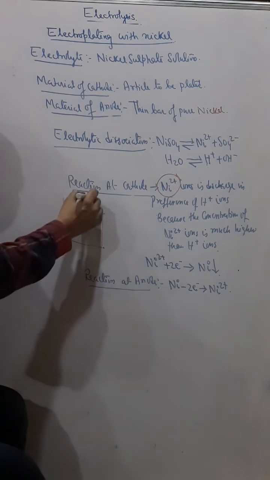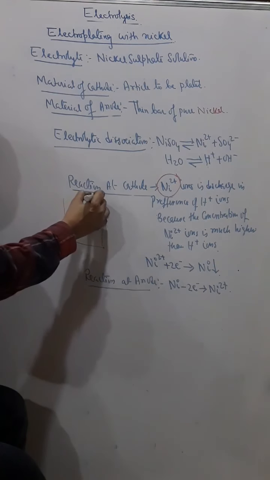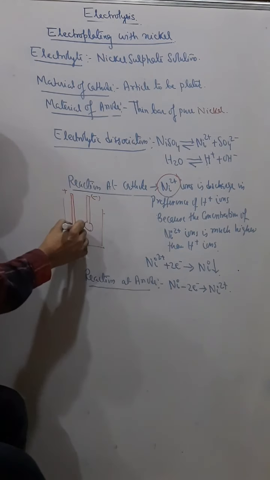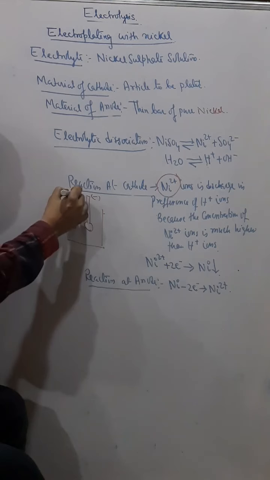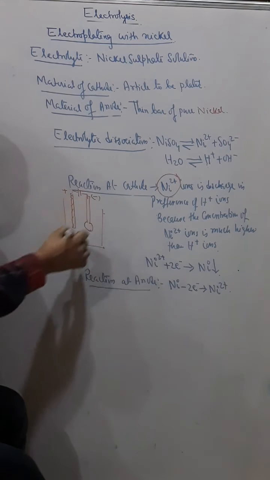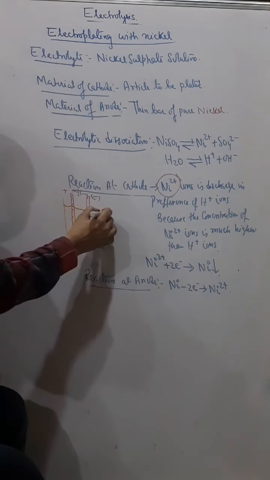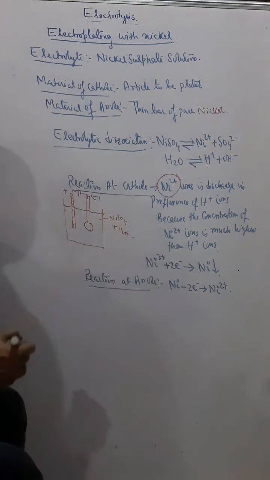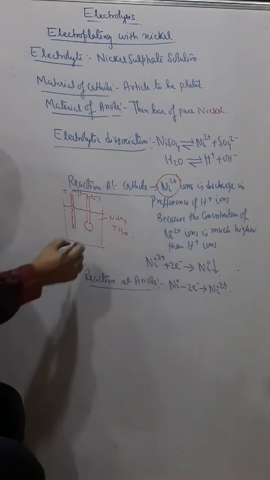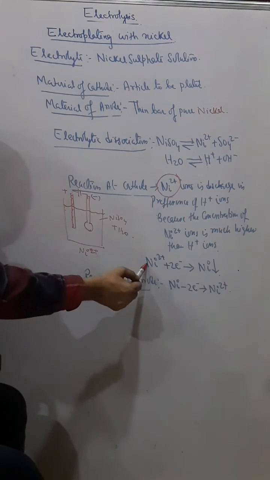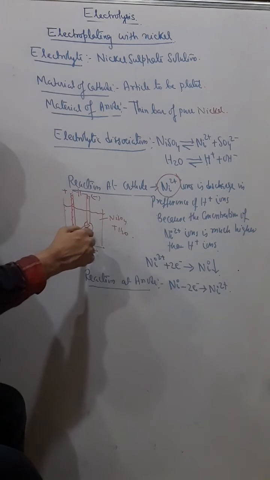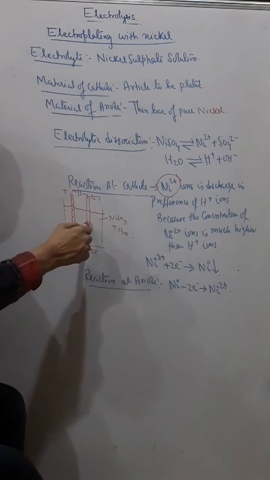So this is the spoon, kept as the cathode, and this is a pure nickel strip kept as the anode, and then it is connected, and this is the nickel sulfate, NiSO4, and water solution. So you can understand the Ni2+ that is formed from the splitting of nickel sulfate goes towards the spoon and then gets deposited.